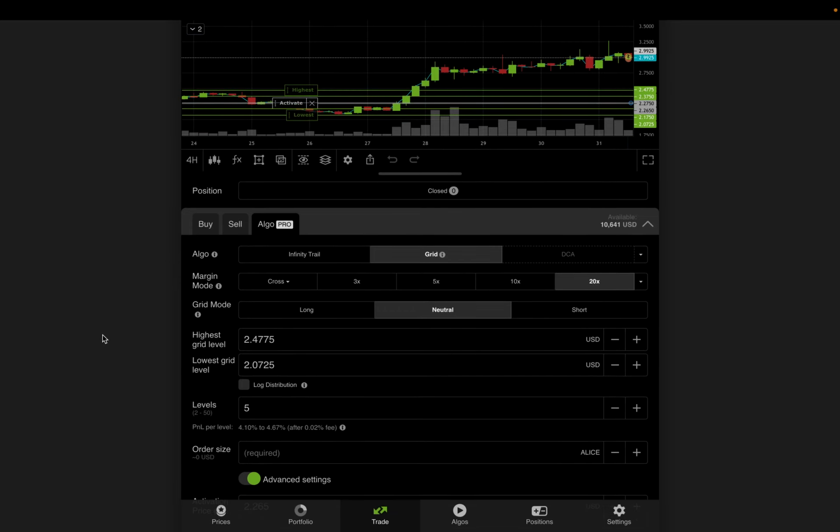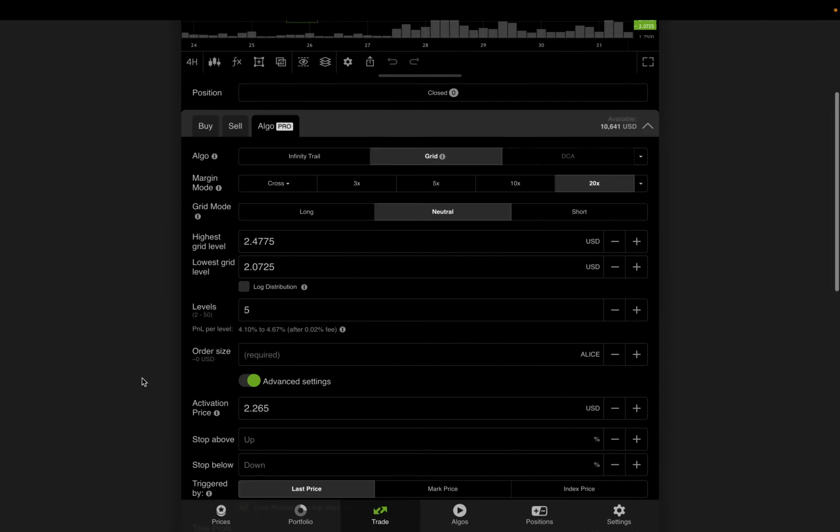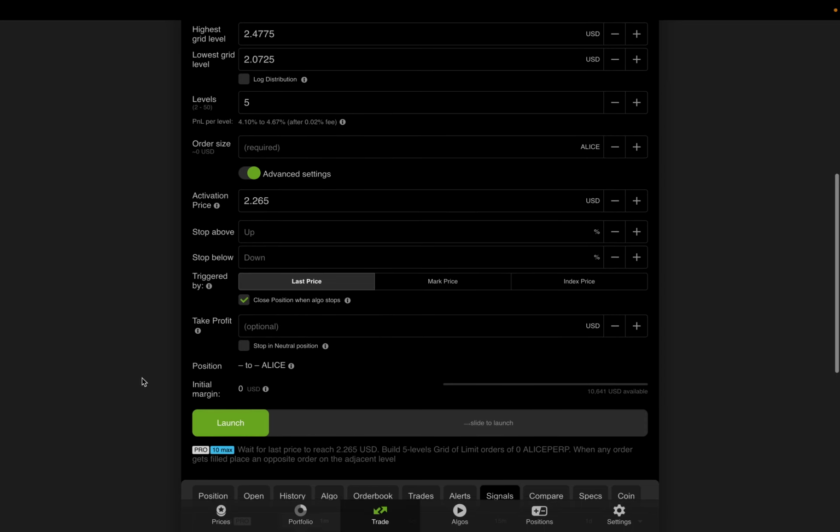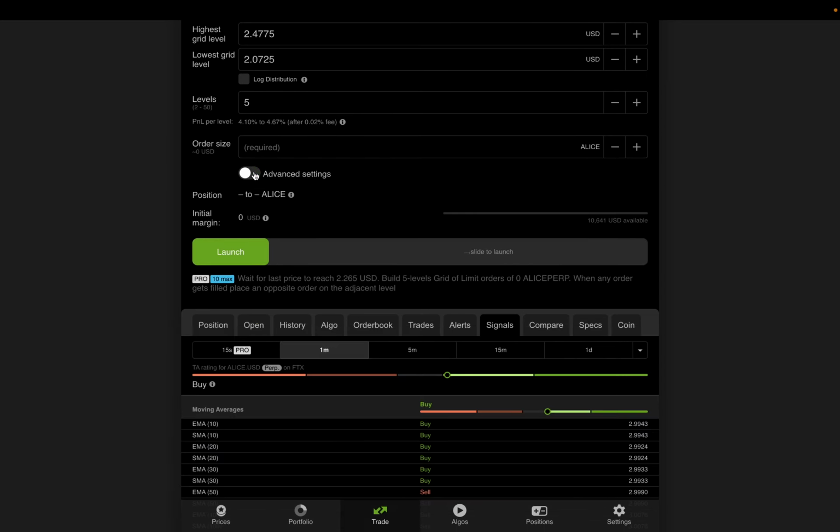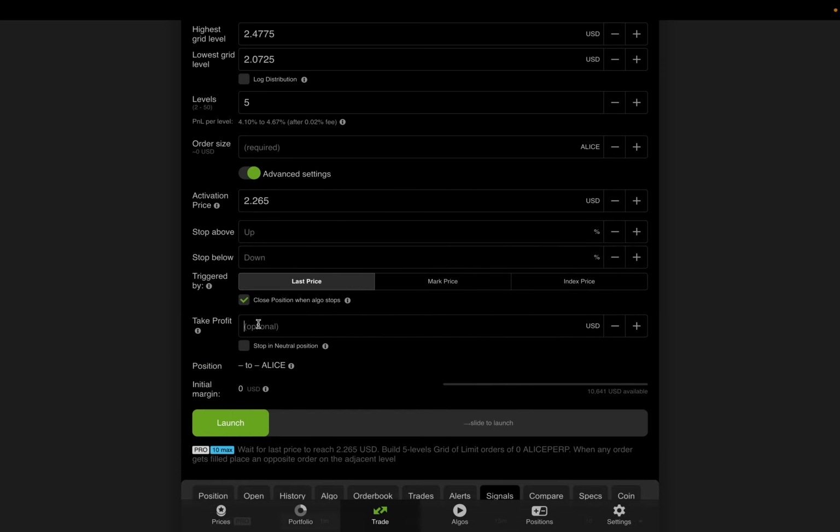So after the activation price, one of the features that I love the most is, again, in advanced settings, right? Yeah, it's in advanced settings. There is optional take profit. So now you can have a complete peace of mind. For example,